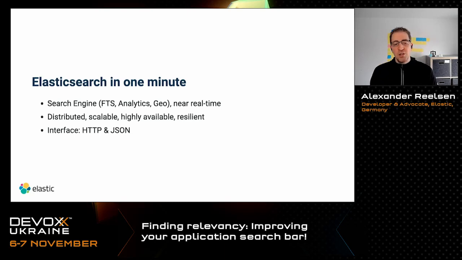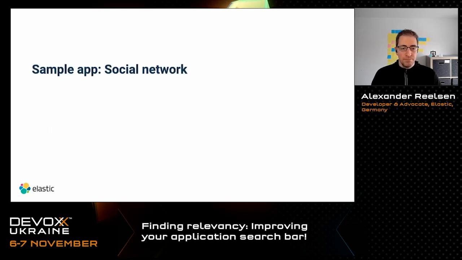The interface is HTTP and JSON. The reason for that is simple. Developers know HTTP as a protocol. Developers know JSON as an object notation. So both are kind of familiar, which means you still have to deal with the new technology of how to run queries and things like that, but at least there's not another technology burden on top of that.